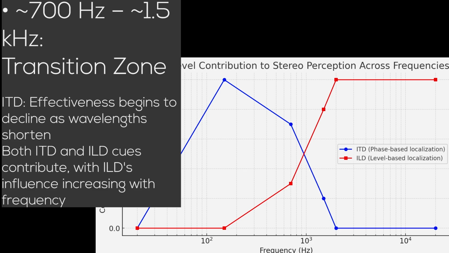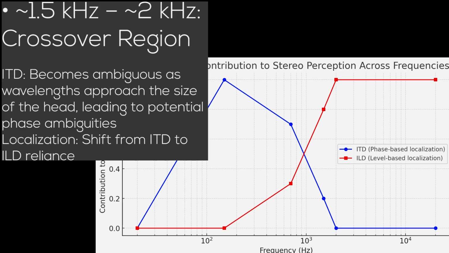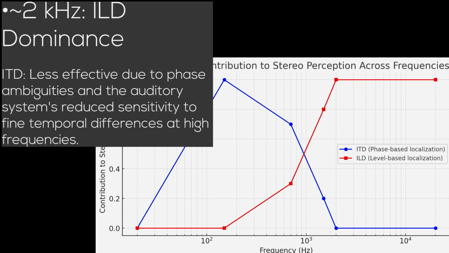From 700 Hz to 1.5 kHz, interaural loudness difference starts to play a role because now we get sound that propagates more linearly, and so the head works as a shadow. From 1.5 to 2 kHz, this is really the transition zone. Why? Because above 2 kHz, we are no longer able to locate by phase, and our localization happens only thanks to loudness.